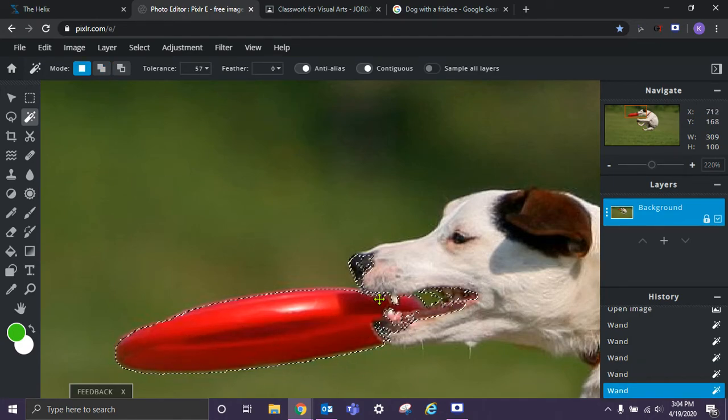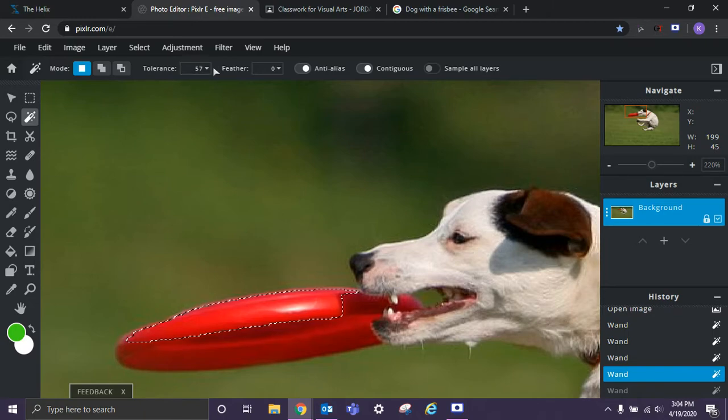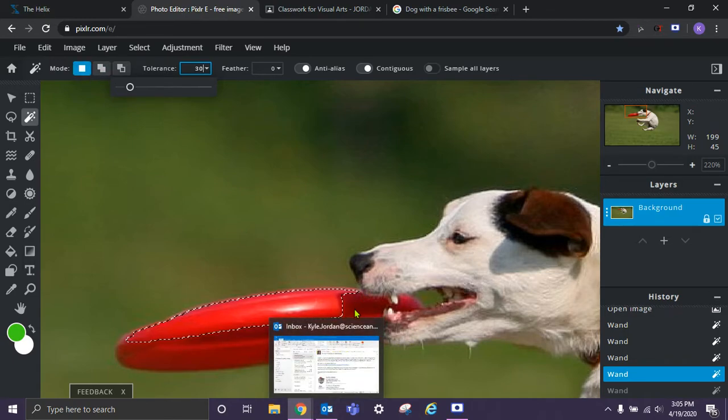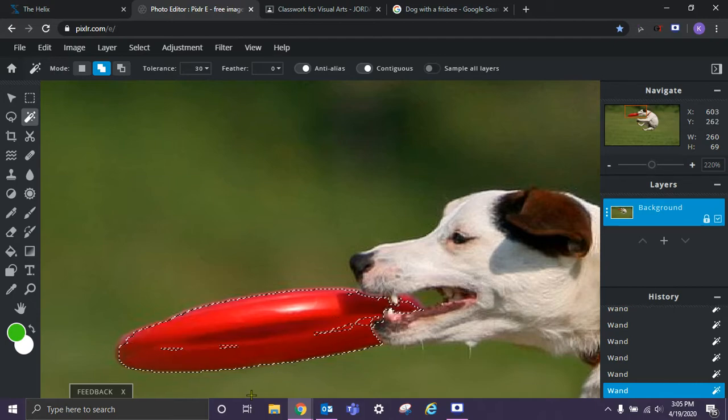Now my tolerance is set a little too high because it's starting to pick up things that I definitely don't want with the dog's mouth and nose. So I'm going to decrease my tolerance and try again, holding down Shift to include parts of this image. Now that looks pretty good in my opinion. I have got pretty much all parts of the Frisbee now at this point that I want to turn, or keep, I should say,